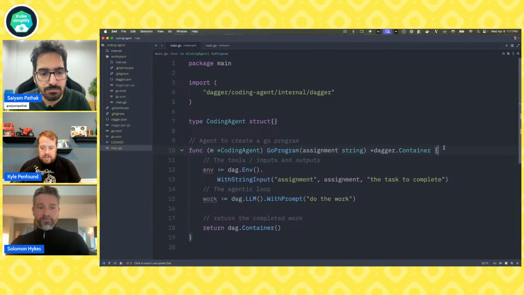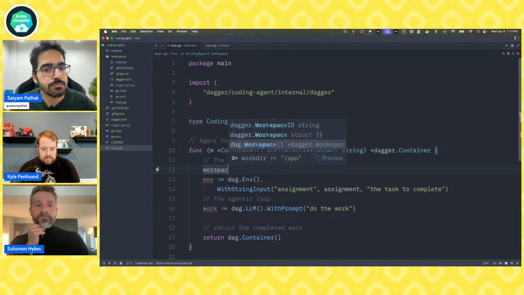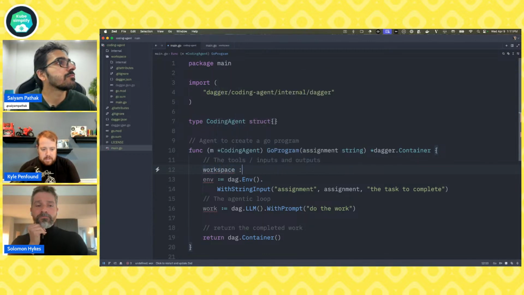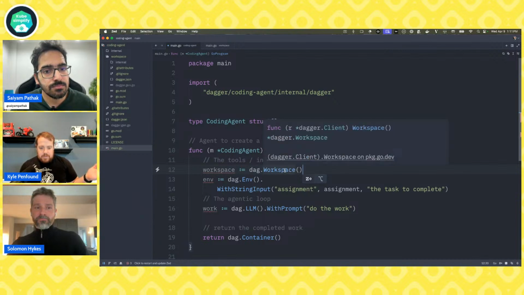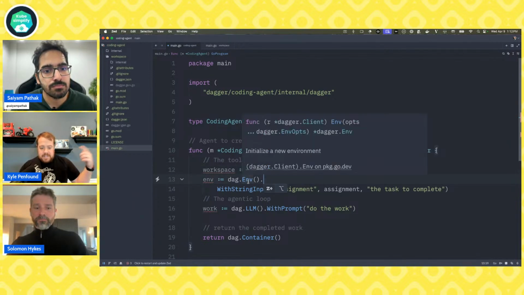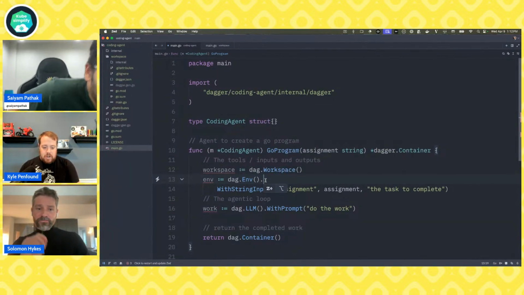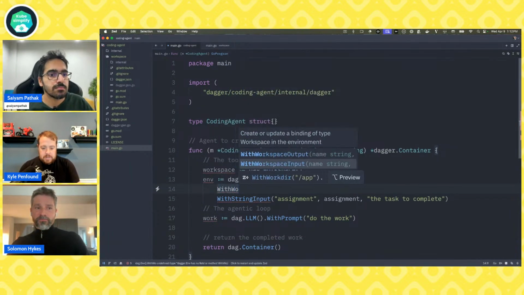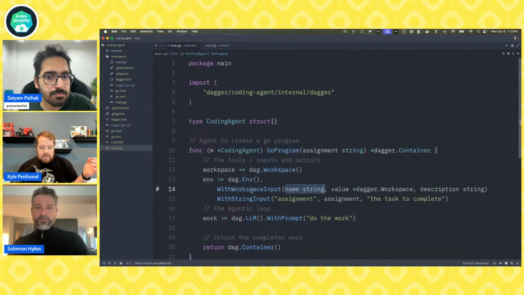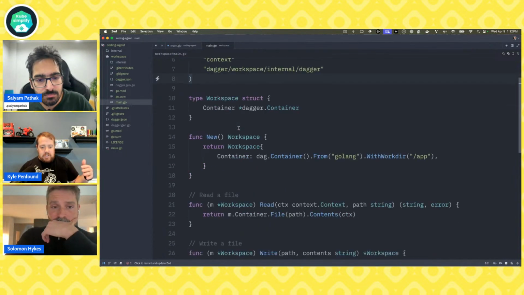And so now we can actually create an instance of a workspace. We can say workspace is dag.Workspace. And so now we can see our new type that we just made, right? So that's super cool. But also, remember, we have all these types that can be inputs and outputs of an environment. So now I can say WithWorkspaceInput, and this has just been generated based on the new object that we just installed.